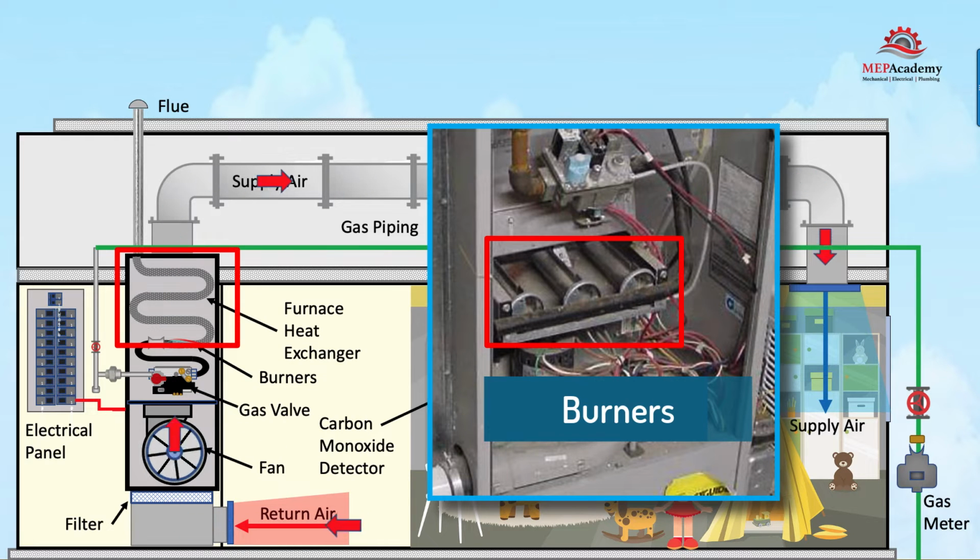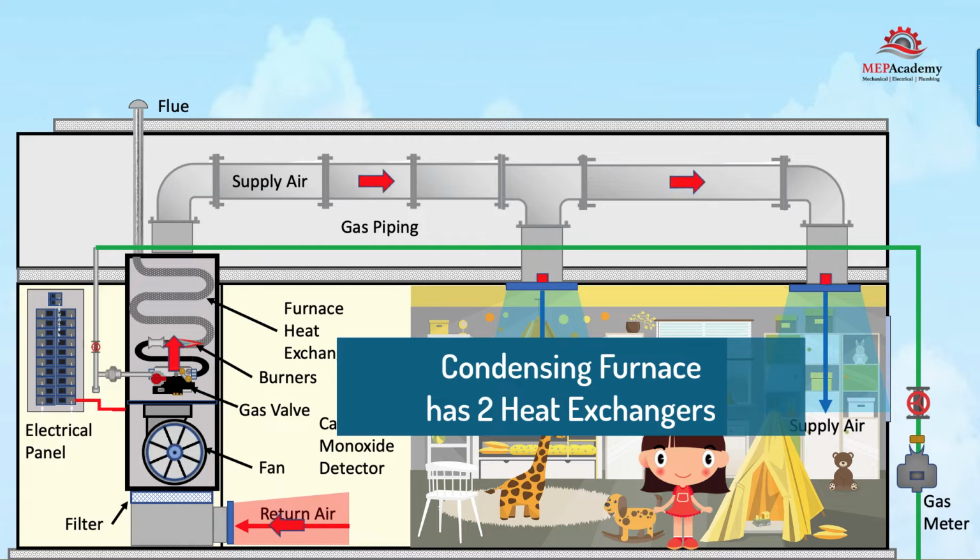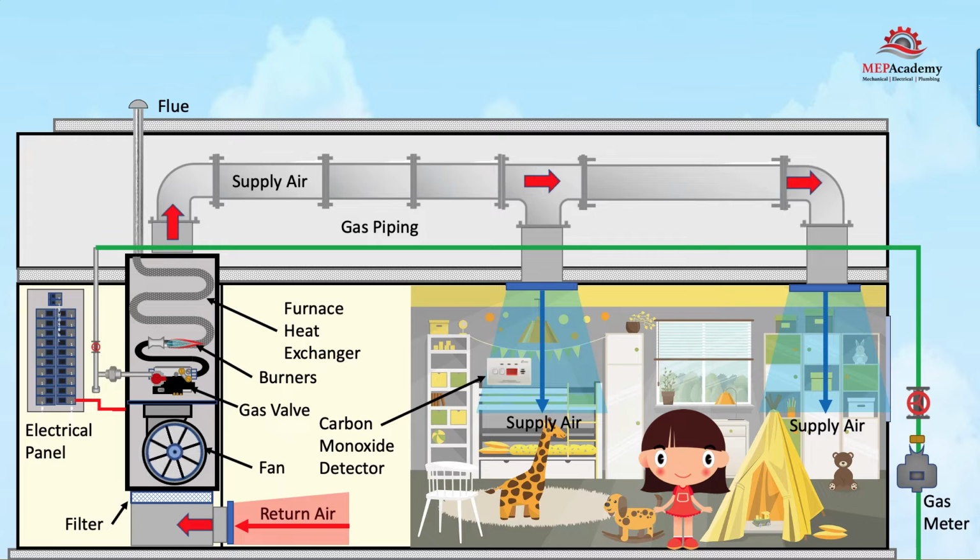With a condensing furnace, there will be two heat exchangers, a primary and secondary heat exchanger. With non-condensing furnaces, there is only one heat exchanger. The heat exchanger is where the room air absorbs heat from the burning fuel. By having two heat exchangers, the condensing furnace allows for additional heat transfer and lower flue gas temperatures. The secondary heat exchanger will most likely be made of stainless steel to prevent corrosion, as condensate will occur at